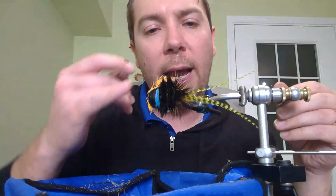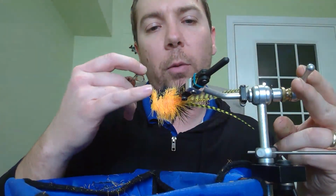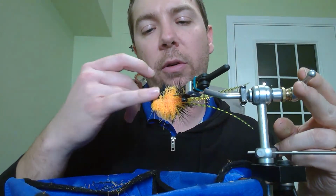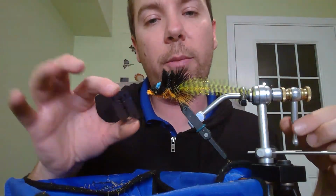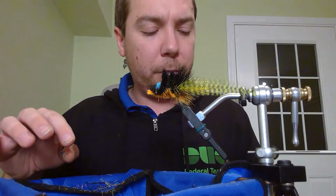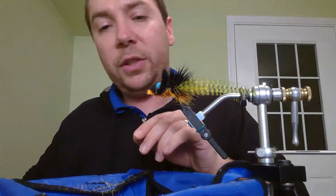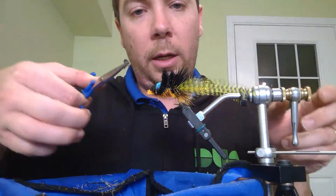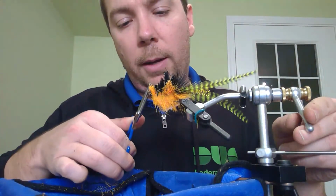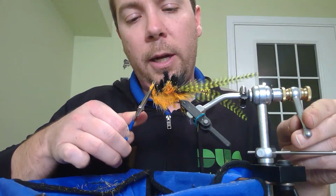All right, so now we have this shaped fairly well, but we have lots of little beardy, scraggly bits along the side. So how am I going to trim that up? Well, I could use the razor blade, but I've actually found that curved scissors work better. If you don't have curved scissors, I'll use straight ones first. Just use straight ones. And all you're doing is just kind of coming in here, kind of cutting off